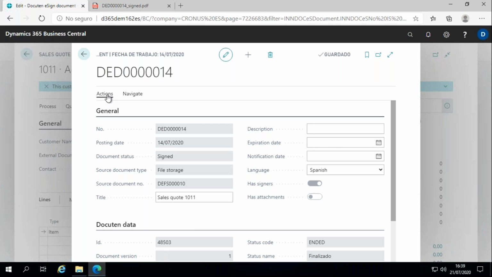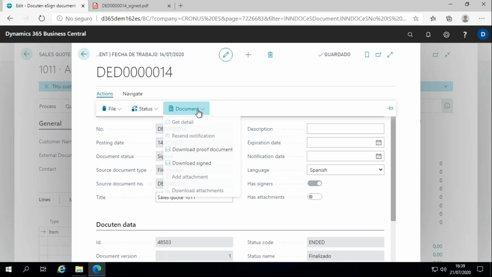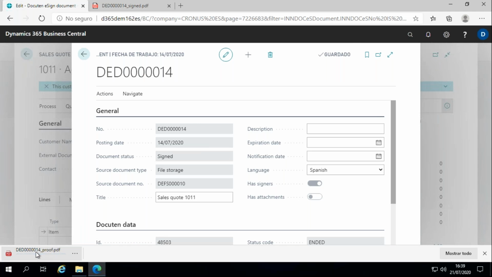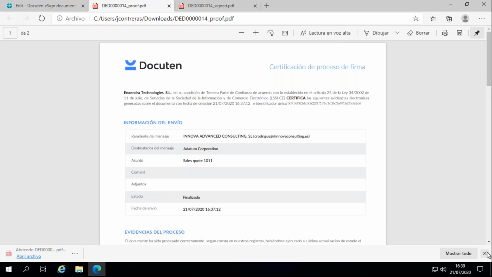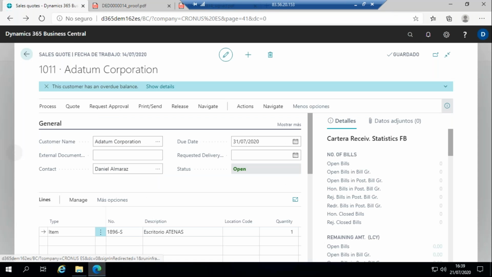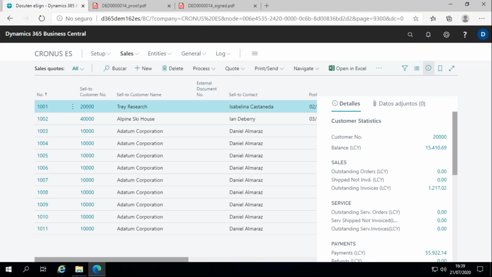Okay, so we can just send the invoice, and also we can download the proof, the evidence document that we saw before in the web environment, the web portal. So everything can be recovered from Business Central. We can do the same for invoices. We'll be able to expand to the other sales documents,